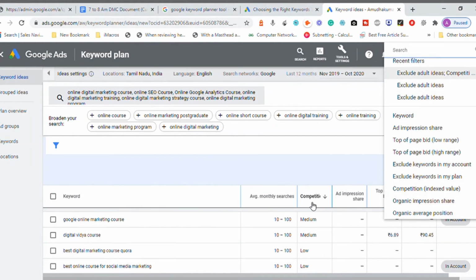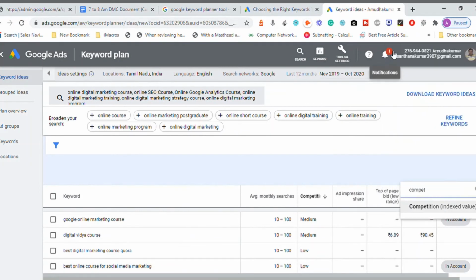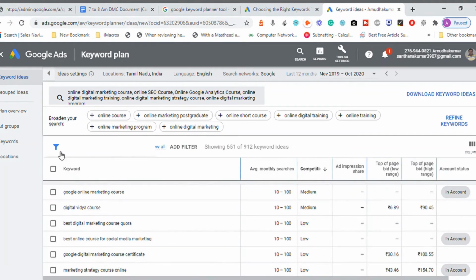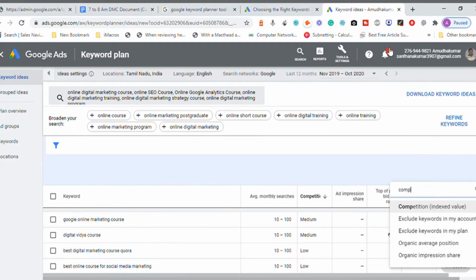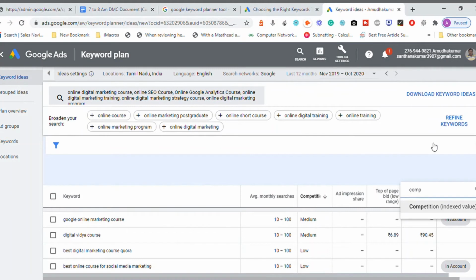We have several options here: competition, organic impressions, organic average position, keyword. Competition is what I want to look into. I've already added competition, but why is it not giving results? The interface is not actually good, so let me try again.